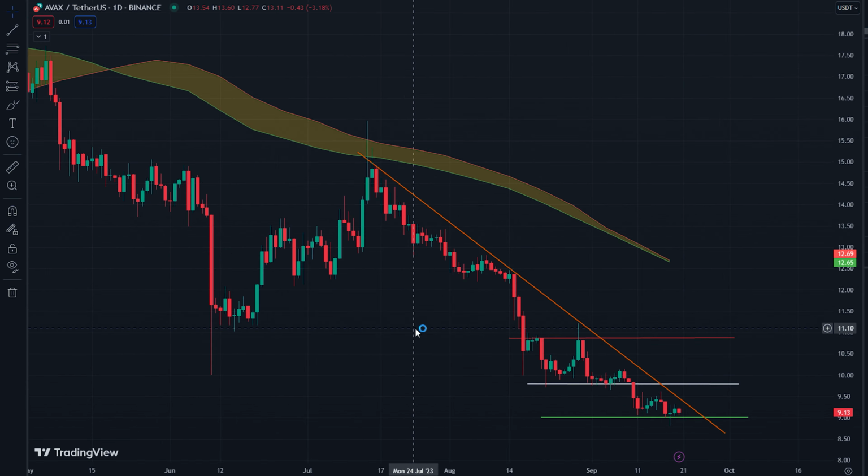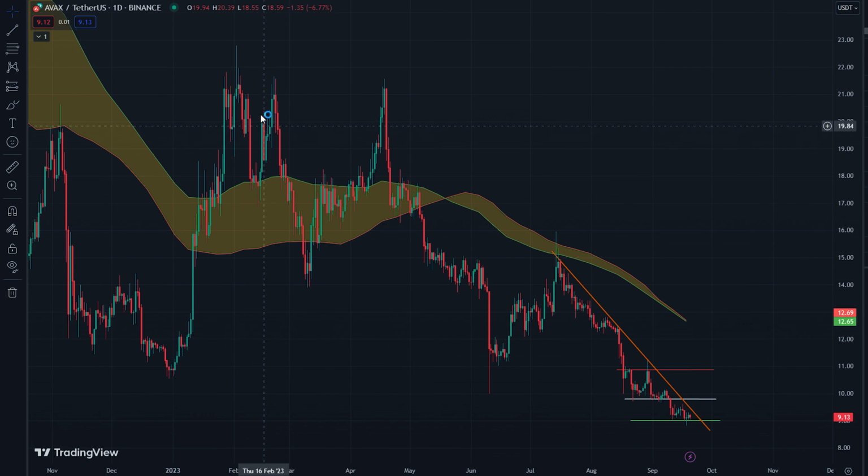I mean, if we zoom out, it's been a downward trend since the beginning of this year, since February. Like a lot of altcoins, Avalanche had a big pump at the beginning of this year. Went up on its USD pairs, went up on its Bitcoin pair, and then ever since, it's just kind of collapsed, really. It hasn't done well at all. It did have a sort of second resurgence here, like a lot of other altcoins, but what makes Avalanche